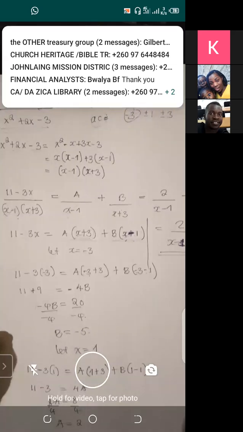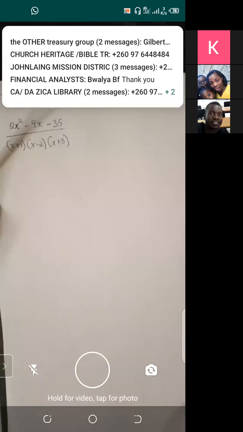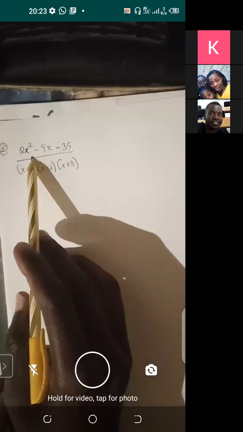Okay. Let us look at this one. Decompose this one into its partial fractions. When you analyze this, you're going to see that this is also a linear term, which is the first case. So this one can be expressed in this form. For example, we have